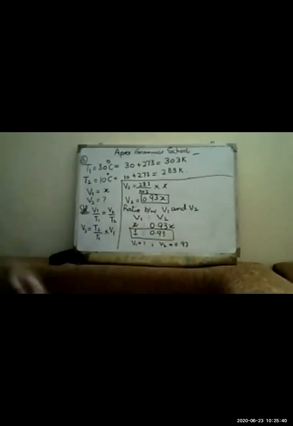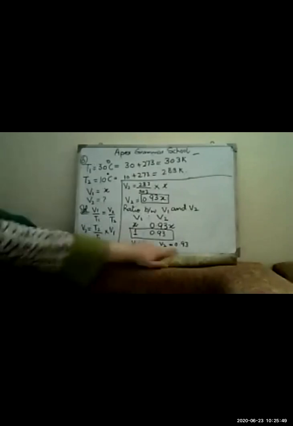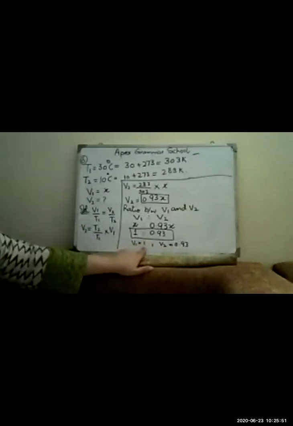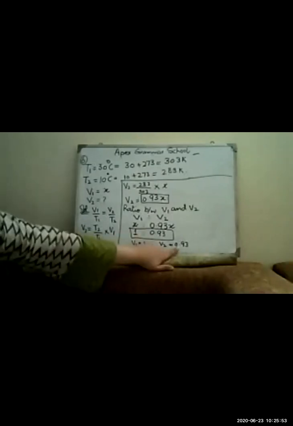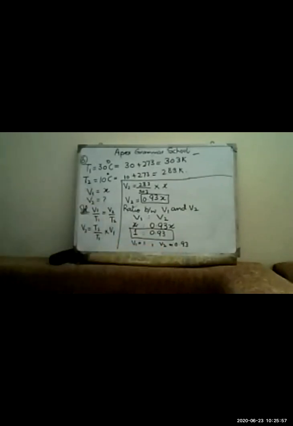So look at the statement again. Will the volume of the gas decrease to 1/3 of its original volume? Yes. You can see there is a decrease in the volume. For V1 the original volume was 1 and the last one is 0.93. It means it is going to be decreased 3 times. So we will write down the answer of part A, it's yes.